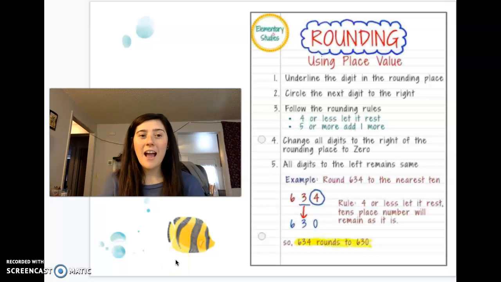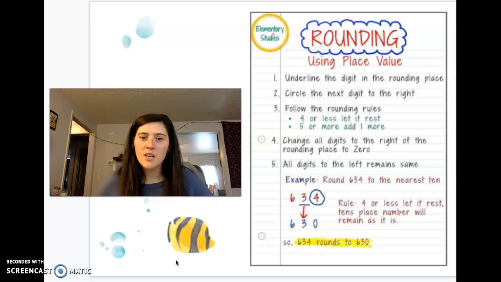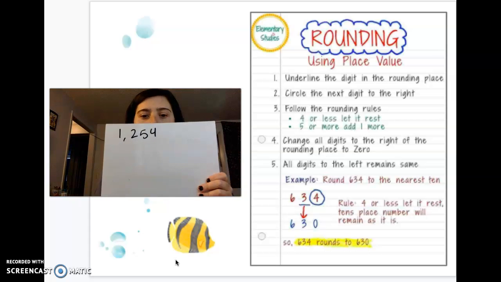Okay, so now we're going to take place value to a whole other level, so rounding. But we have to use place value to help us round. So first we're just going to review place value. So I'm just going to write a number real fast on my whiteboard. So here's my number,